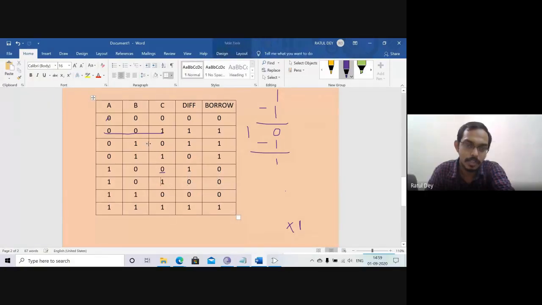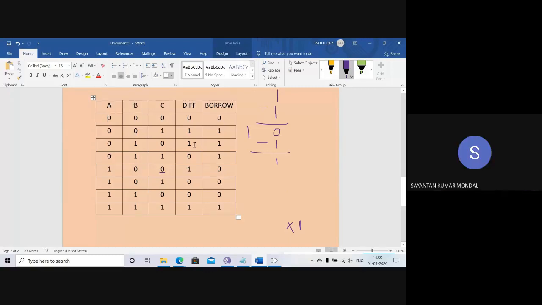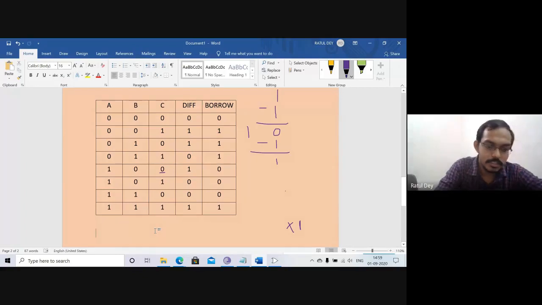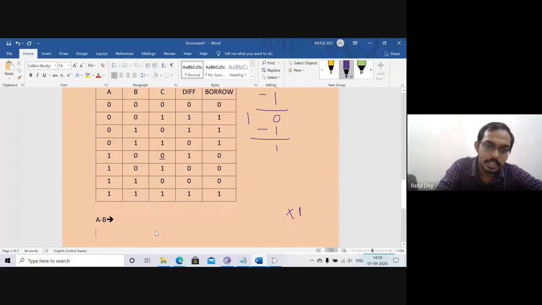Just remove this thing. First clear about the truth table, or I can do it again. So you can easily identify. We just first subtract the A minus B. So we are going for A minus B. Now whatever the result is, maybe this is something. So this value minus C. So we are going for the next part: A minus B minus C.